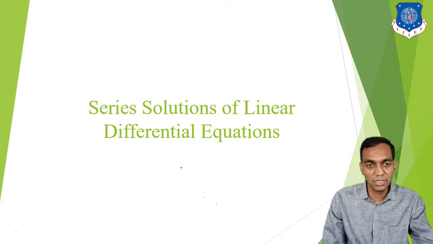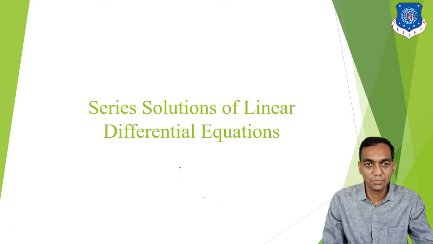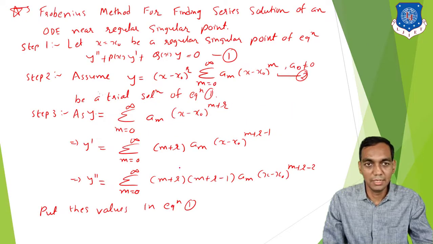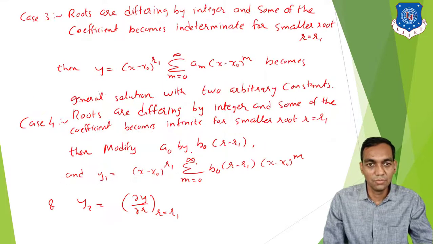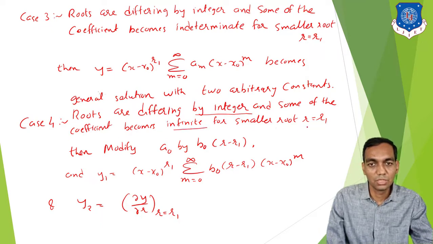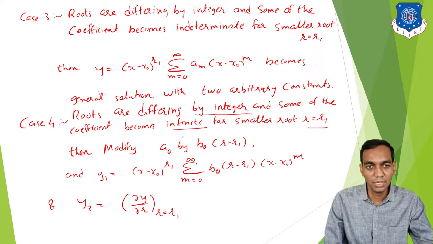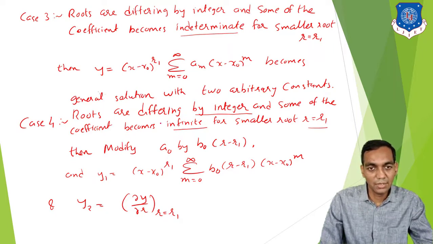Up to last session, we have discussed three different cases of the Frobenius method, and in today's session, we are going to discuss case 4, where the roots differ by an integer and the sum of the root coefficient is going to become infinite for the smaller root r equal to r1. In case 3, it is going to be indeterminate, and here it is going to be infinite. Whenever it is going to be infinite,